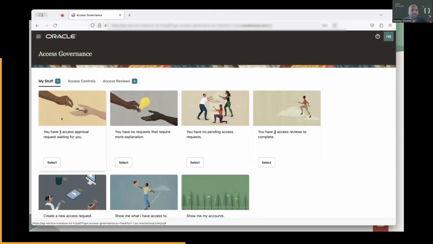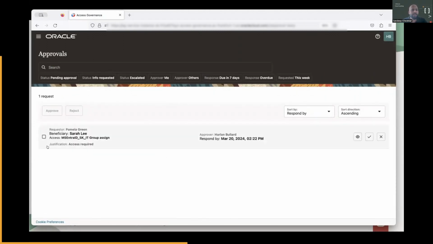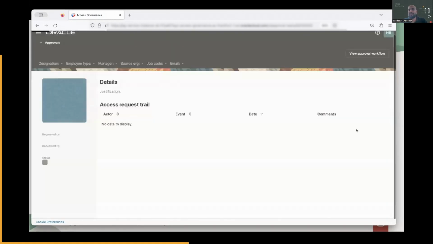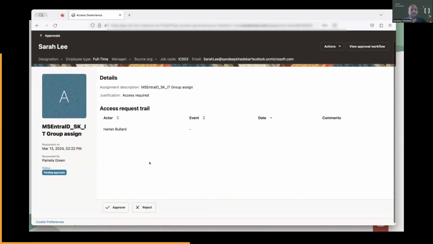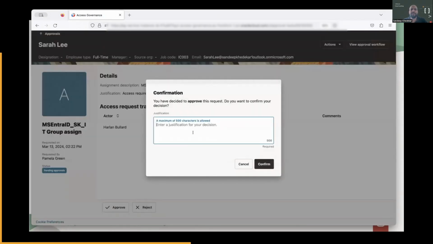Okay, you see here, let me share the screen. So the request came here, which was for Entra ID required. You can just see more details if you need, in terms of who initiated it and the timestamp. Those details would be here. So we'll just go ahead and approve this.